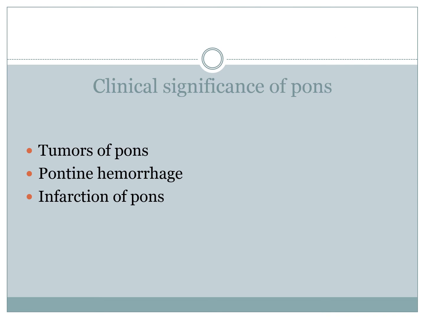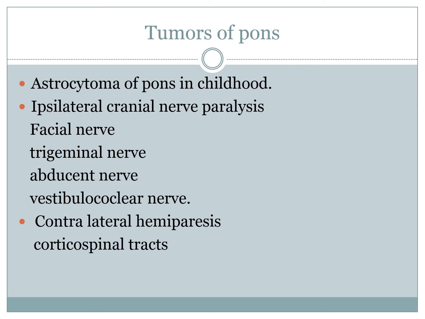Then the clinical significance of the pons. There may be a tumor of the pons, pontine hemorrhage, and infarction of the pons. First of all, tumor of the pons. The most common tumor is astrocytoma of the pons in childhood. The tumors of the pons involve ipsilateral cranial nerves. Ipsilateral means same side. They involve the cranial nerves of the same side, and there is contralateral hemiparesis due to the